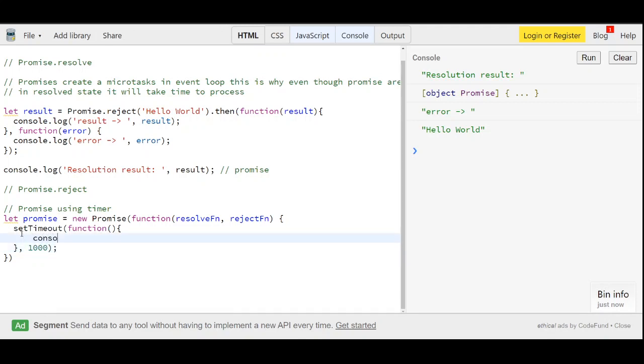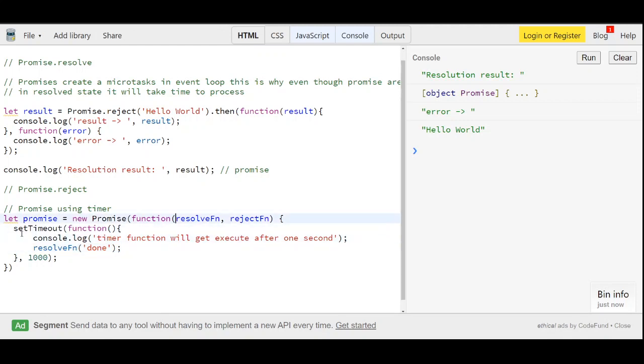I'll say console.log, timer function will get executed after 1 second. And then we will resolve this thing. So resolve function, and let's say done. Whatever message you want to pass.